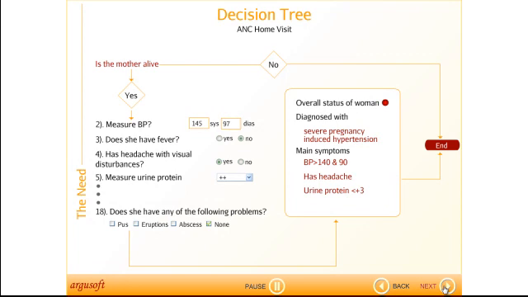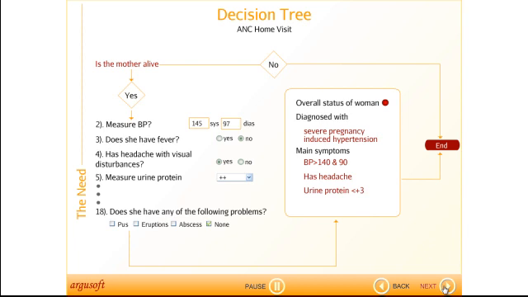A recent addition to the repertoire of features in the MAID platform is the decision tree. Using this feature, a qualified person can configure a series of questions that appear based upon the response to the previous question on the mobile phone. The responses to these questions are used to determine the level of risk by special algorithms, and the field worker is advised about appropriate action to be taken. In this example, based on the inputs of BP, prevalence of fever, and a few other parameters, the system prompts a differential diagnosis and the list of possible actions for the field worker.